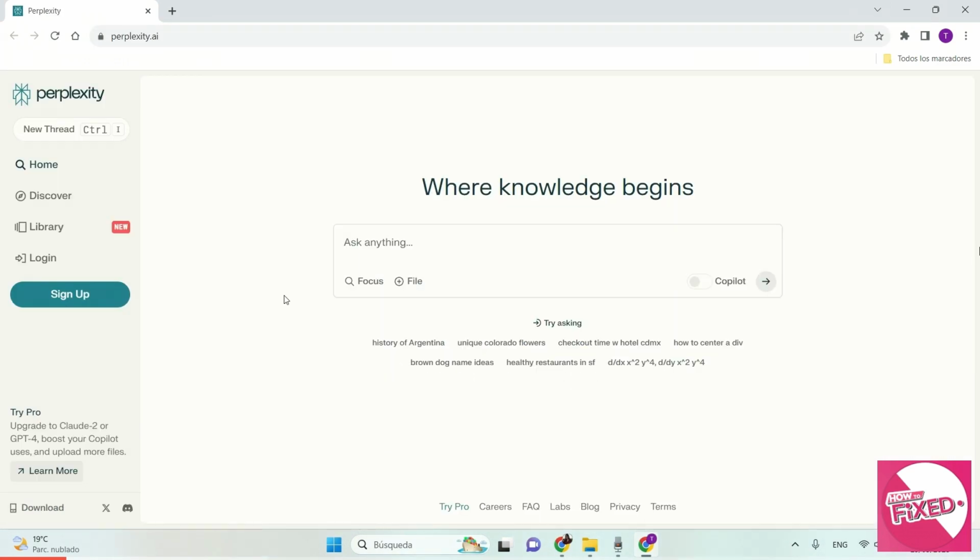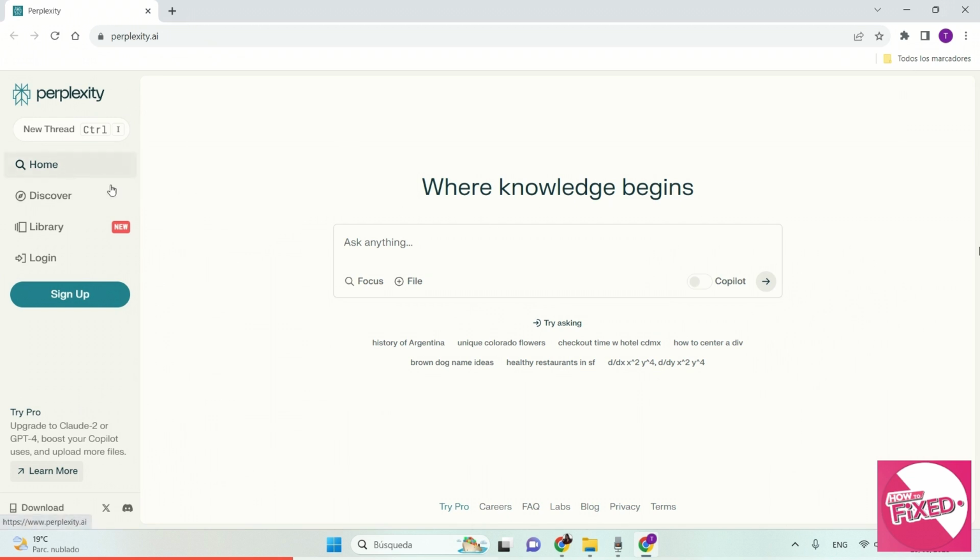Perplexity is a generative AI that uses ChatGPT and adds search engine functions. It analyzes the content on the internet on a particular topic and generates its own answer based on different sources. So basically, everything you search for with this AI will be able to give you sources from where it has taken this information. So you'll just go to the website Perplexity AI,